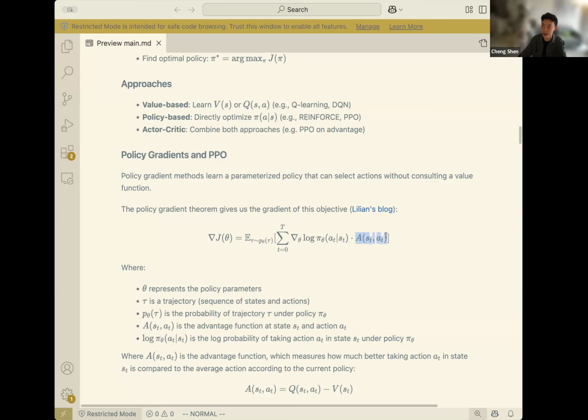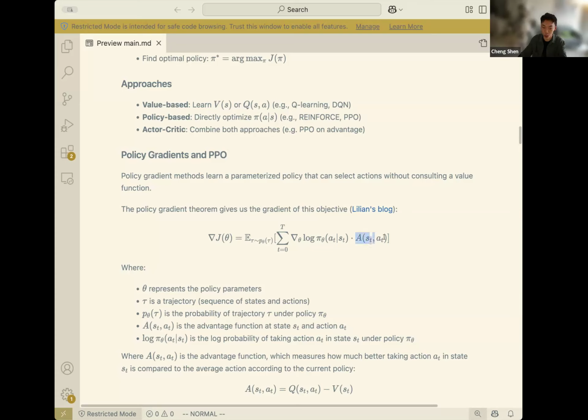So the advantage function is the difference between the reward we get by taking action A_t at S_t versus the average reward we get at the state S_t. We don't have to go too deep into this. You can think of it as just the value, or as how good the current action is. So this basically means if the token prediction is good and leads to a better than average answer,